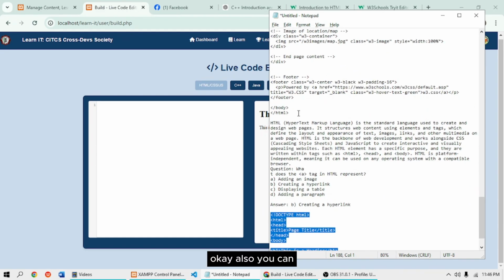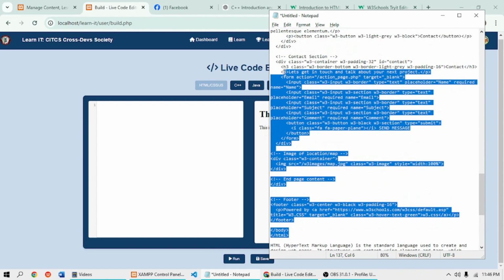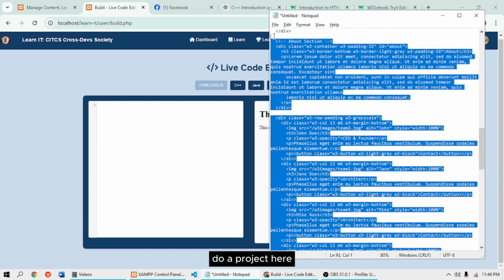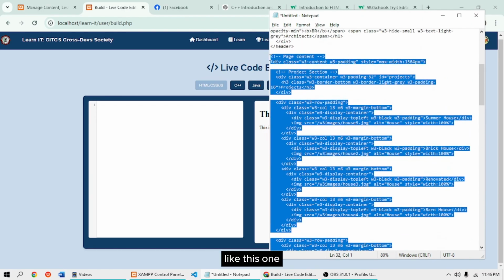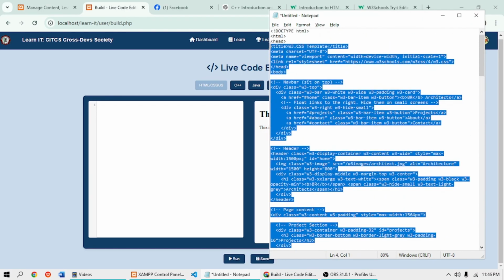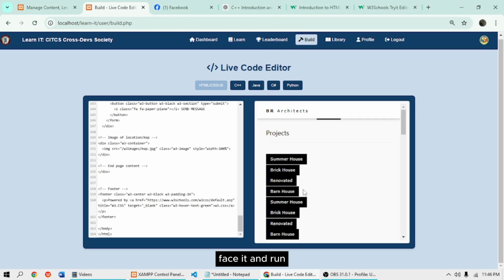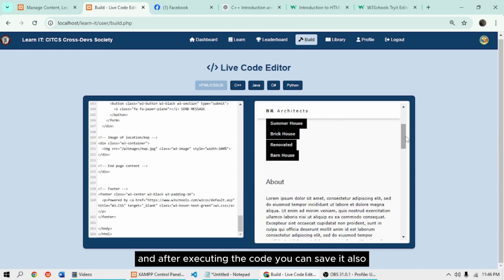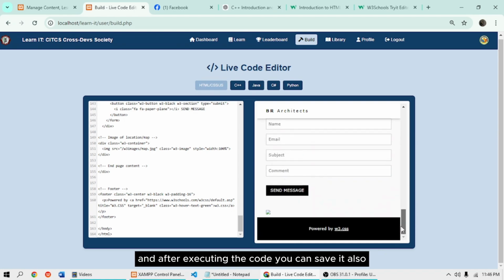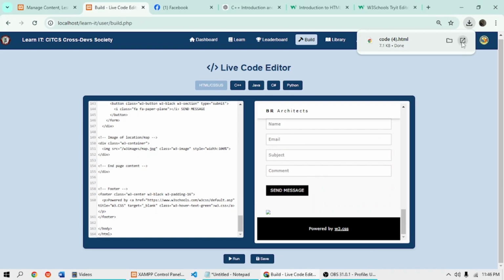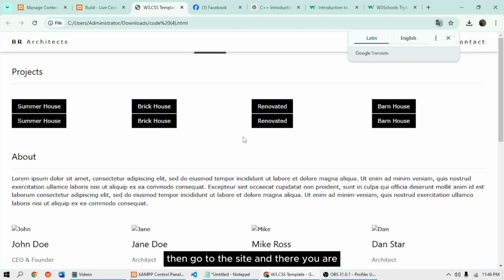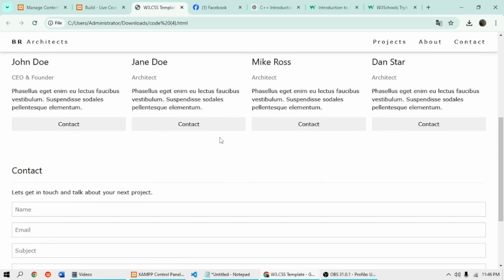Also, you can do a project here, like this one. Paste it and run. And after executing the code, you can save it also. Then go to the site, and there you are.